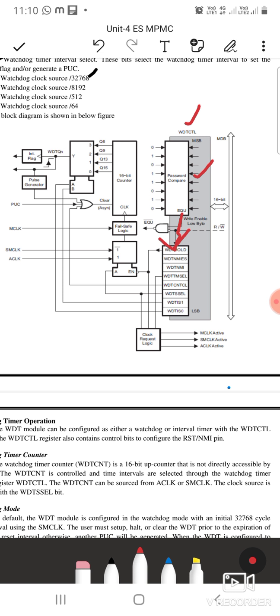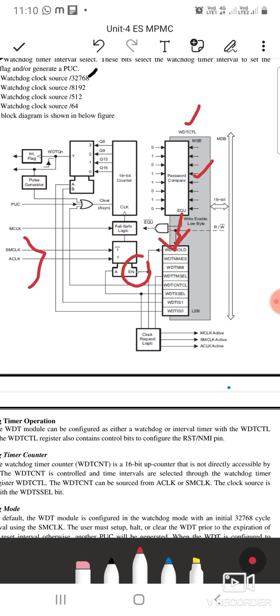Then you can select the source for the counter through the source bit available in the control register. You can select two sources, the submaster clock or the auxiliary clock. This will be applied to the counter only if the logic is enabled. If the logic is disabled, then you cannot apply the clock to the counter.